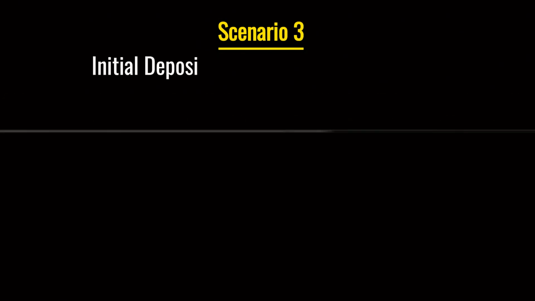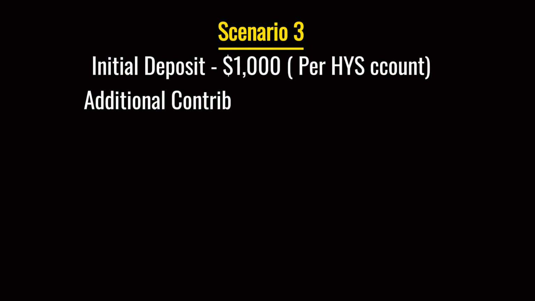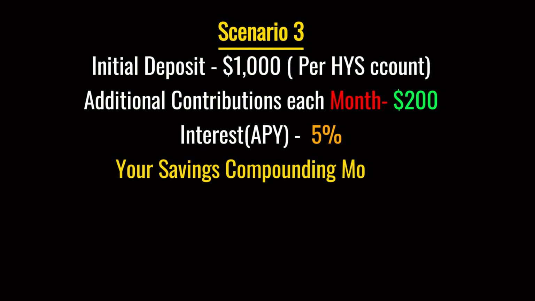$20,405.73. In the third scenario, you start with $1,000 in each account and contribute an additional $200 each month. The interest rate is still 5%, but now compounding occurs monthly. Each month, you deposit $200 into each account. The interest compounds monthly, and by the end of the 5 years, the future value of one account will be